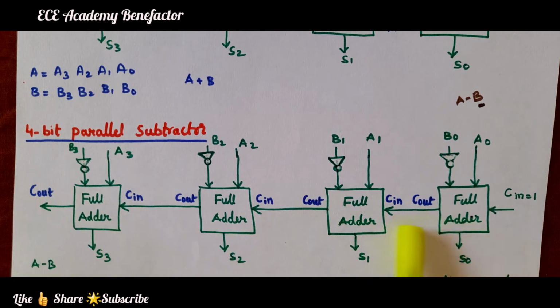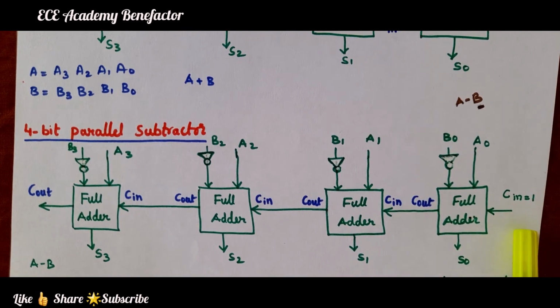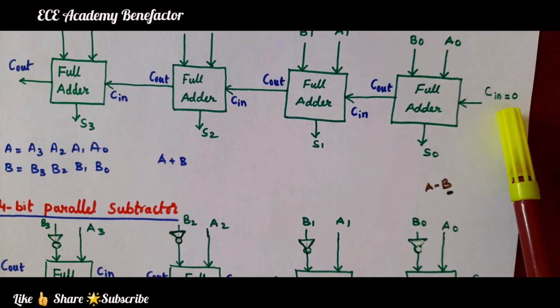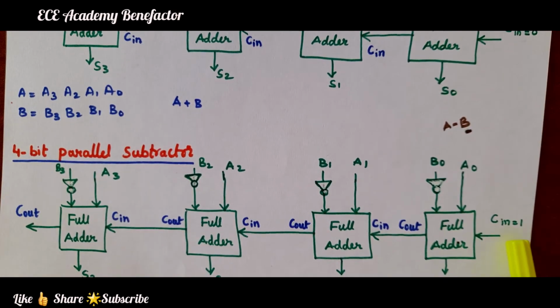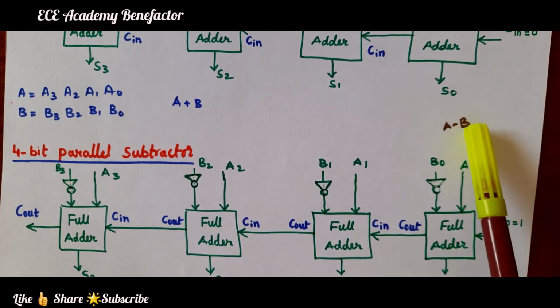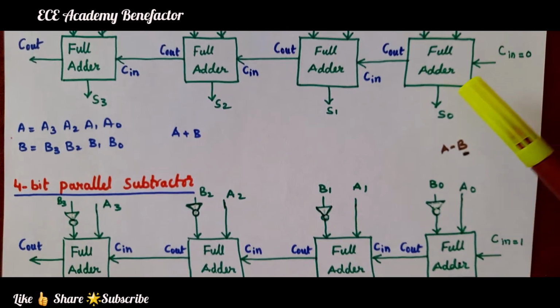So, we need 4 full adders, and here initially the carry input must be set to 1. In a full adder, the carry input is set to 0. In a subtractor, the carry input is set to 1, because we need to find the 2's complement of B. So, once you are clear with the adder circuit